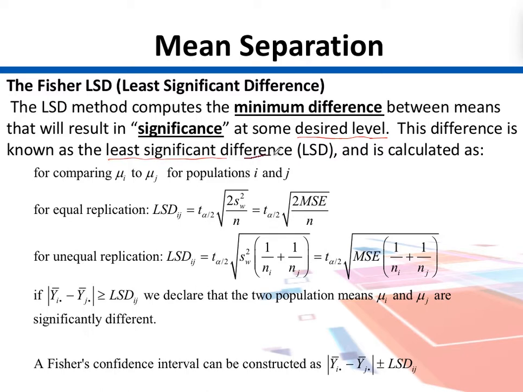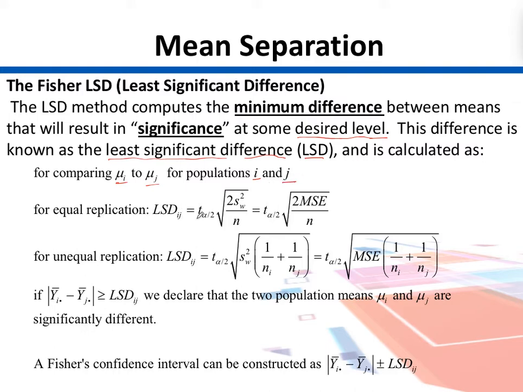So we calculate a number, which we call LSD, and this can be calculated as follows. Say we have two populations here, and we believe these treatments are coming from their respective populations. So treatment 1 and treatment 2 we can represent with i and j, and their respective means are mu i and mu j. It can be anything: i can be 1, j can be 2, or whatever possible comparisons we are doing, and we can do it for as many possible populations i and j.